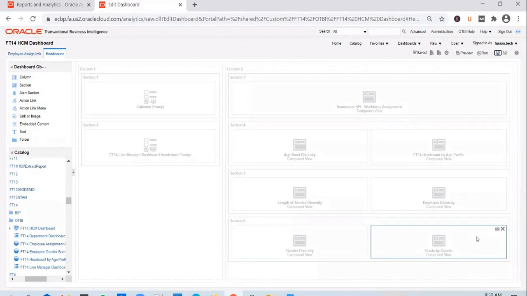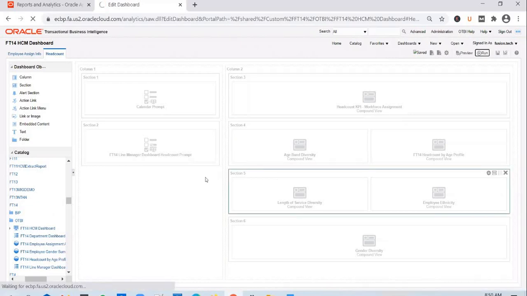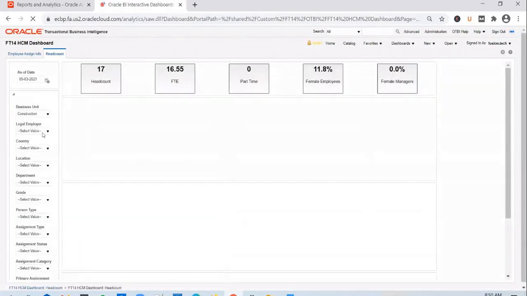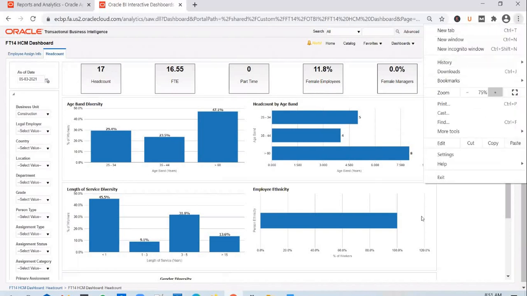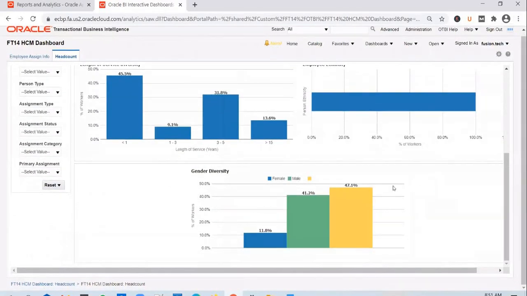And if the client says that they don't want to see any particular report, it's quite easy. You have to just take it off. Save it. And you go ahead and run the dashboard. And this time you see the changes. Again, business unit is construction BU, but you see this output has changed from vertical to horizontal. And if you scroll down, you see that the report which was not generating the output was taken out.